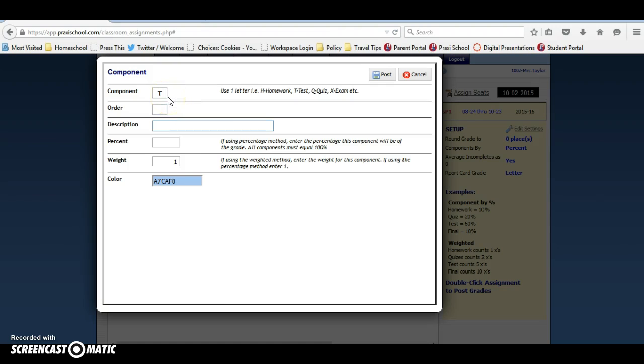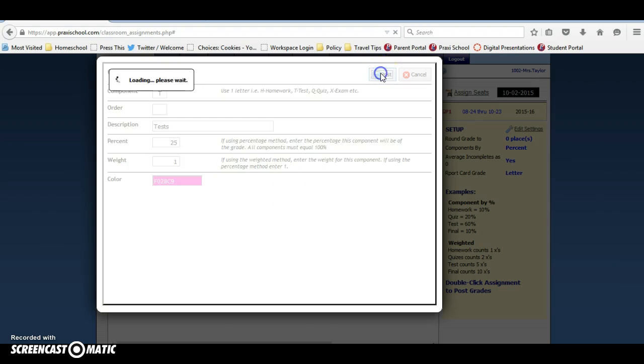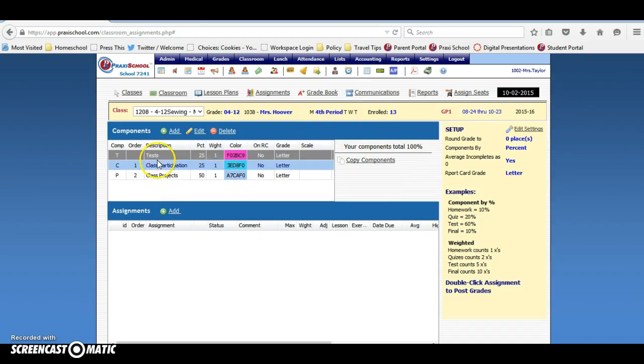You probably might not give tests in sewing, but just for an example, tests and the 25%, because that will help it equal 100%. We'll give it a color just because that way it would be easier to see, and then hit post. And then now you have tests, class participation, class projects. I'll go ahead and delete that test, but again, these all need to equal 100%, and none of